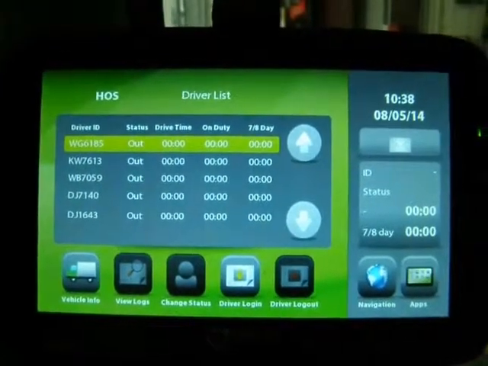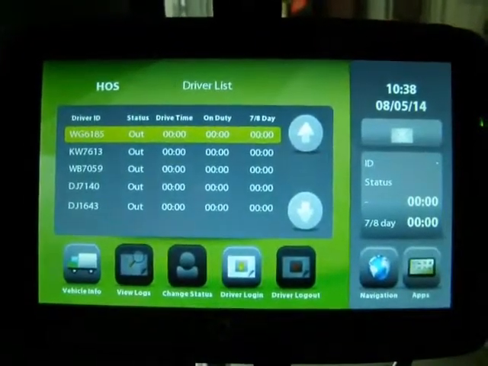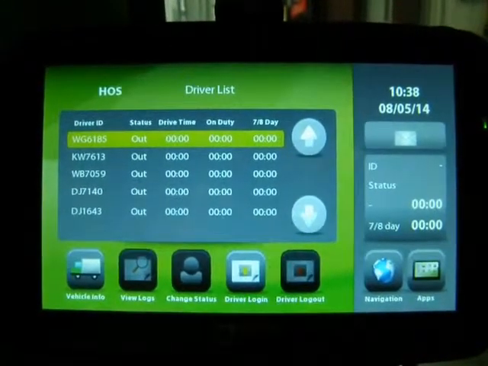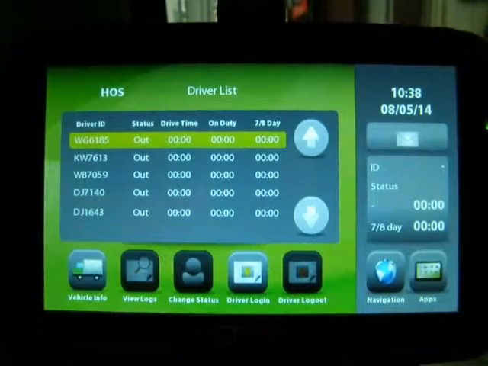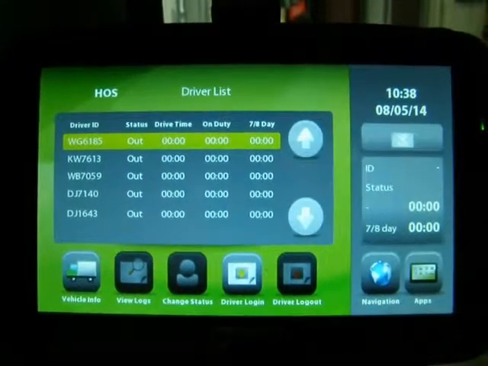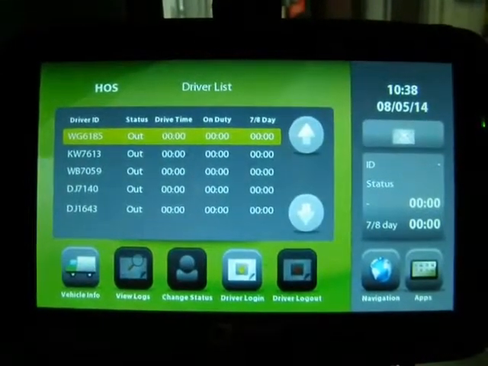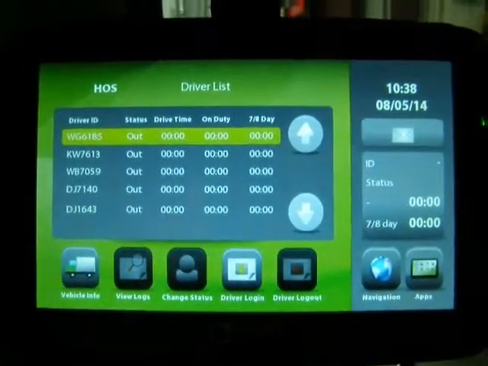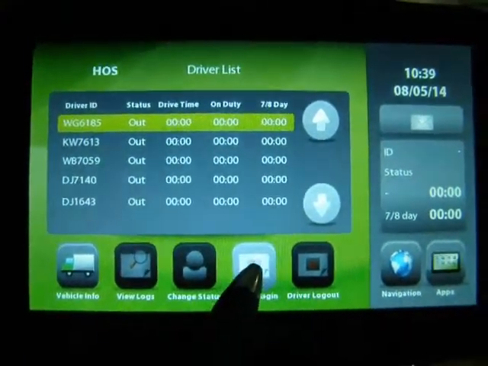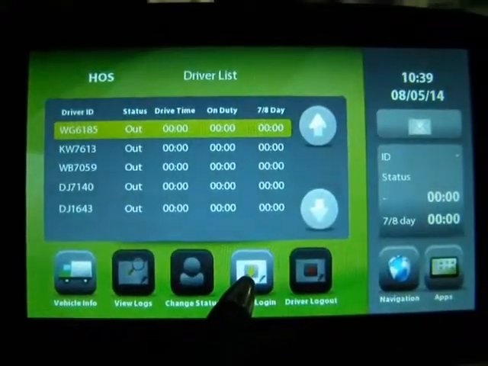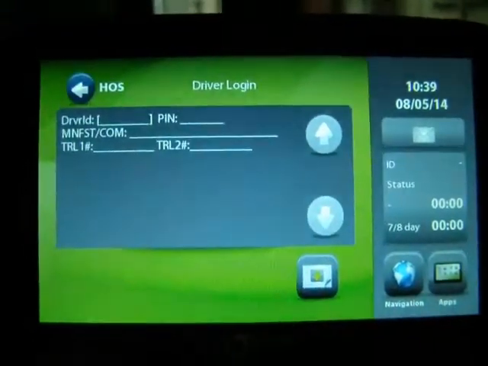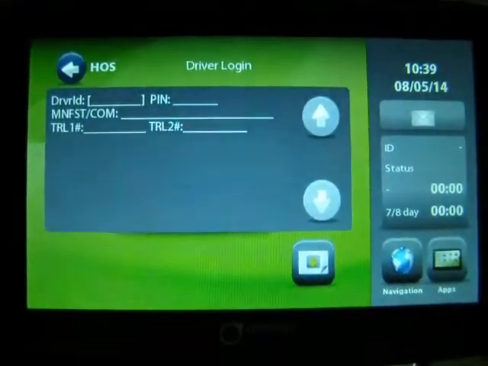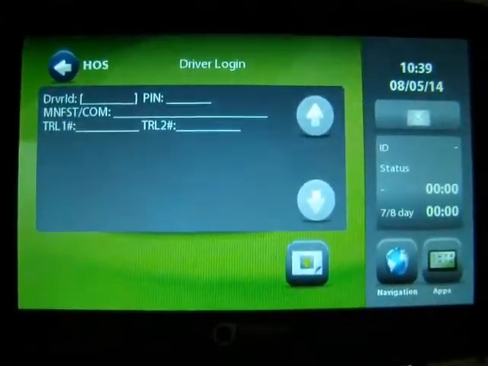This is the Teletrac tablet unit, and if you notice on the bottom there are several buttons. To log into the unit, you want to press the driver login button. When you press the driver login button, a new screen will appear, and this is where you're going to enter your driver information, your driver ID number,